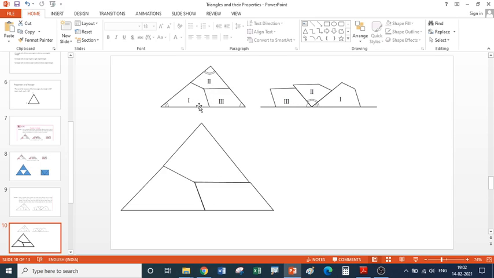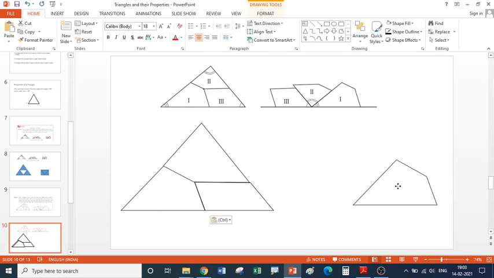Now according to this, same as what I have already drawn here, with the help of these three pieces of a triangle, we will form it like this. This part, see, this part is number 1. Where is number 1 shifted? It is shifted to the right side. So I'll copy it and take it to this side.